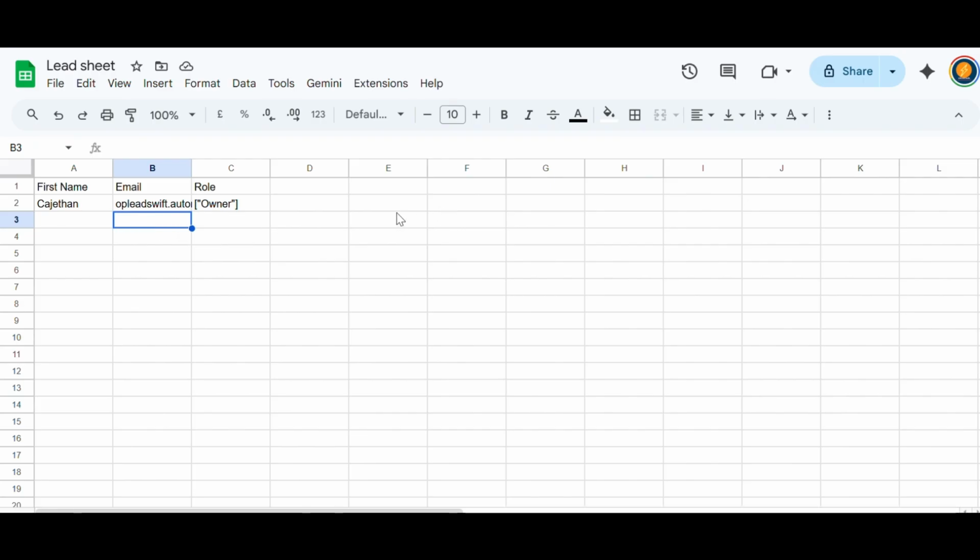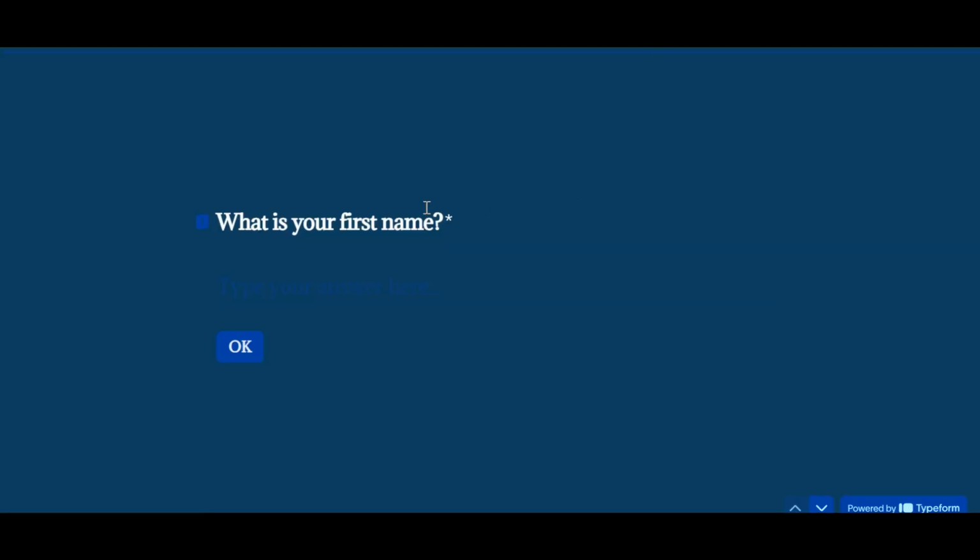For instance, someone signs up on your Typeform, types in their details on your Typeform. It says your first name, they submit a form, email,